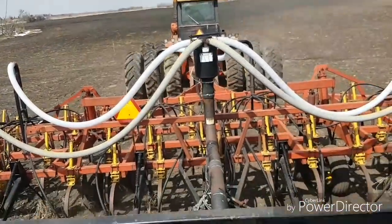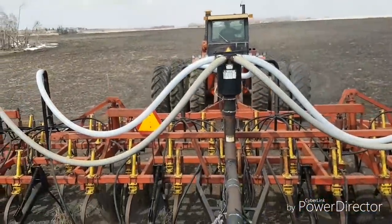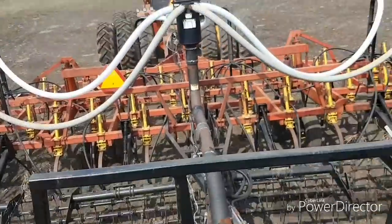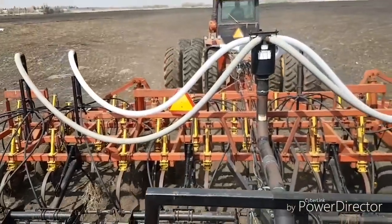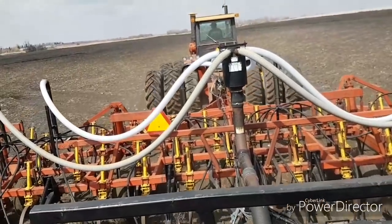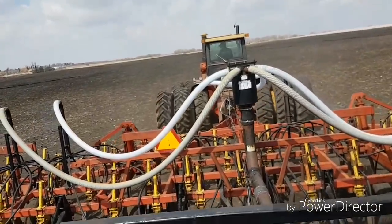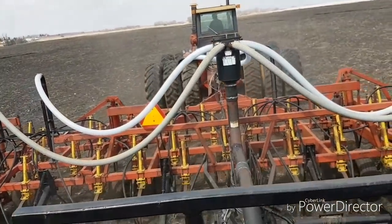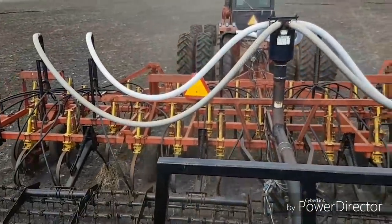Anyways, so we're just about to run our 1,000 feet here, so I figured while we're doing that, I'll tell you about what we've figured out for the seed. You remember last night I had a little bit of an F up trying to do something different than what I usually do, and found out I couldn't do it. So if you haven't seen that, make sure you go watch it, and then this part will make sense to you. But I phoned CPS Nutrient Ag, our retailer for all our inputs, and